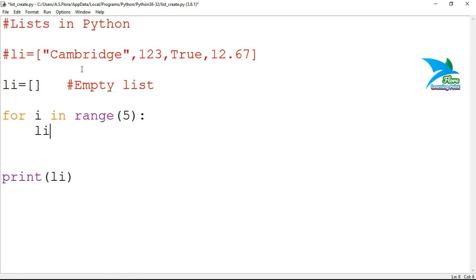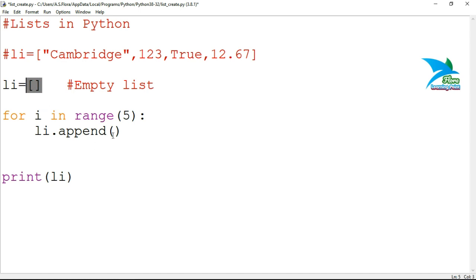Sorry, first of all, we'll use append function actually. Append, no need to specify any index. Append function will automatically add element to the next position according to the existing elements.